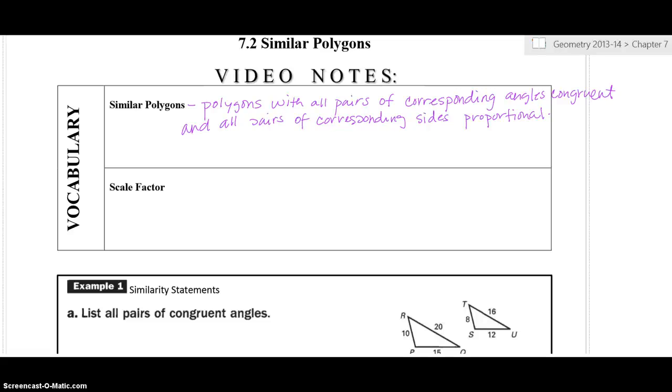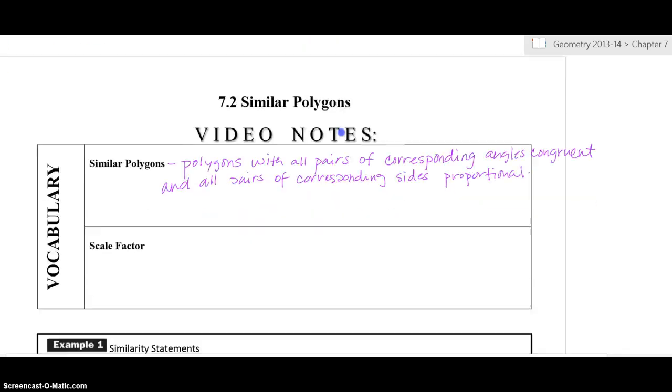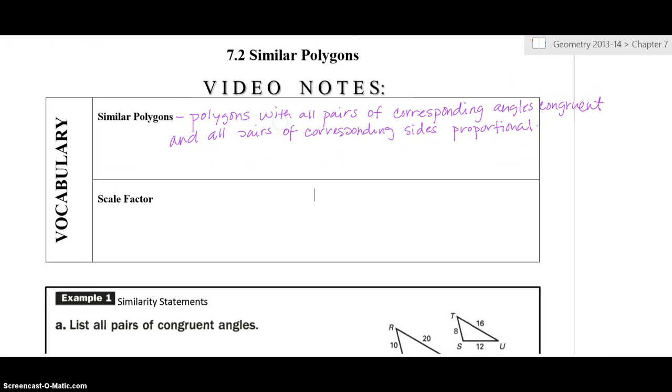Okay, so in section 7.2 we're talking about similar polygons. First we will define similar polygons as polygons with all pairs of corresponding angles congruent and all pairs of corresponding sides proportional. So if I just looked at maybe two triangles, because a triangle is a polygon,